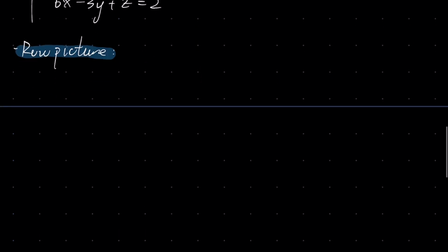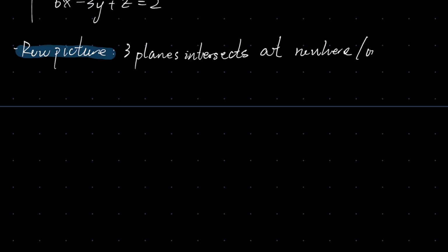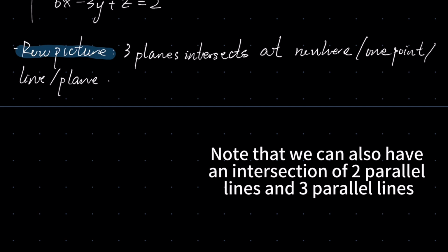So the row picture tells us that 3 planes intersect at nowhere, which is one option, at 1 point, which is when the 3 planes aren't parallel at all, or at a line, in which we have 2 planes intersecting in a line, and the third plane is the same as plane 1 or plane 2. Or they could intersect at a plane, which means that the 3 planes are equal, so they are the same plane. Now the column picture is